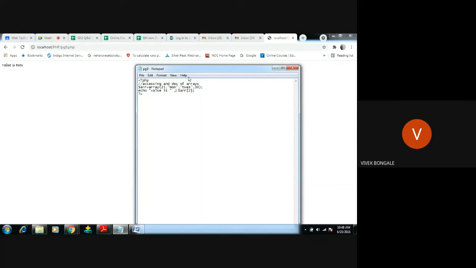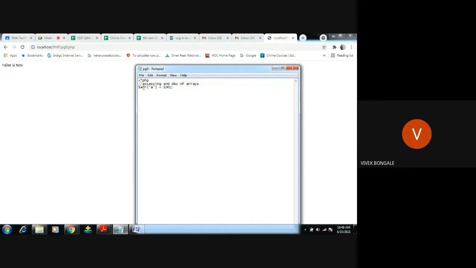So we'll see how we declare the associative array. I've created this $ARR variable, and I give the value here.